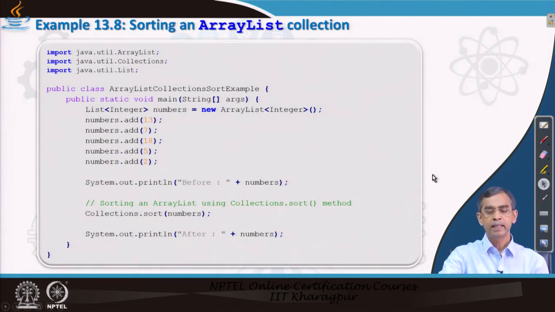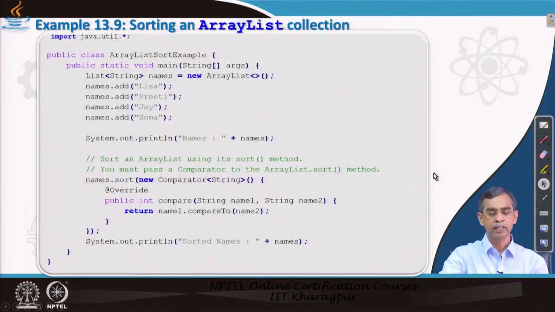Likewise, the ArrayList.sort method can also be called. It is basically the same as the earlier one. The only thing to note in this particular example is that the compare method needs to be implemented if you want to create the compare, because comparison is an important concept required in a sorting operation. For different numbers, comparison is less than, greater than or equals, whatever it is, but for strings and others you have to use the compareTo method which is declared in String. If you want to apply the same method to your user defined class, the default method can be used, otherwise you have to modify your method accordingly.